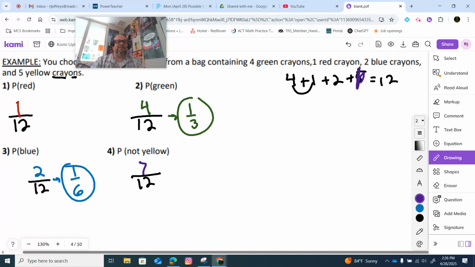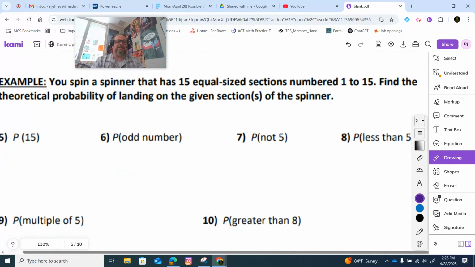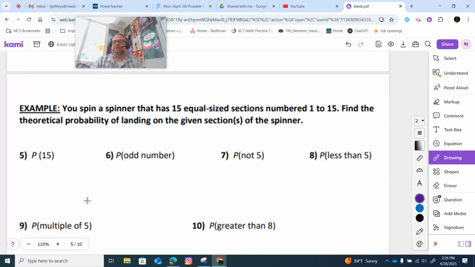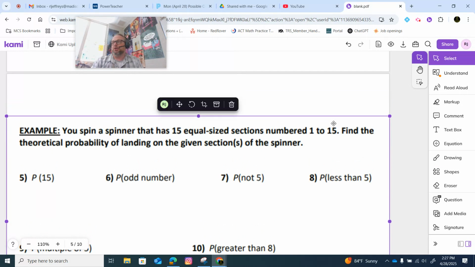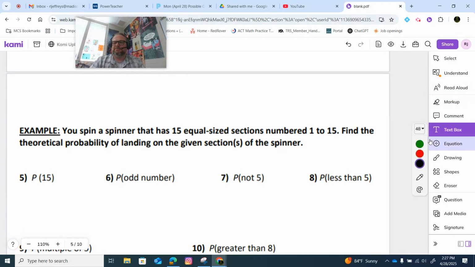All right. Are we good with 1 through 4? Okay, good. All right. Again, here we go. I know a lot of y'all spend such a great time spinning a spinner. Woo! Parkour. Now,